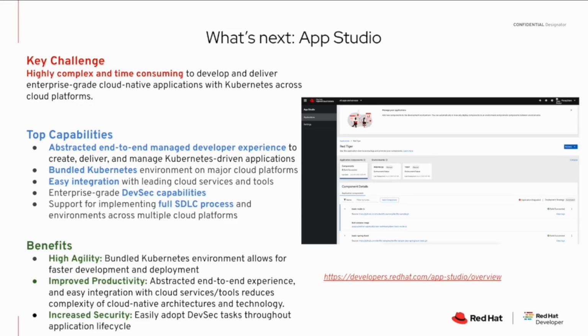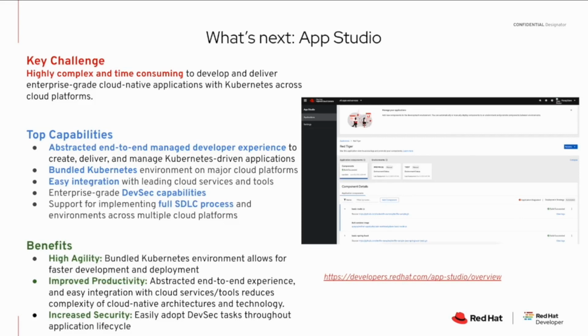A lot of the time is spent not in coding the application and making the applications better, but in actually deploying and managing these configurations of deployments that are required when the application lands on these things, right? It's great if you are a cloud native expert, but if you're not, it takes a lot of time to do this and it never ends, right? This complexity is not something that you can solve within X number of days. It's just an ongoing thing. So some things get easier, some things stay harder, and new things come in which will make it harder as well, right? So what we are targeting is to deliver an abstracted end-to-end managed developer experience,